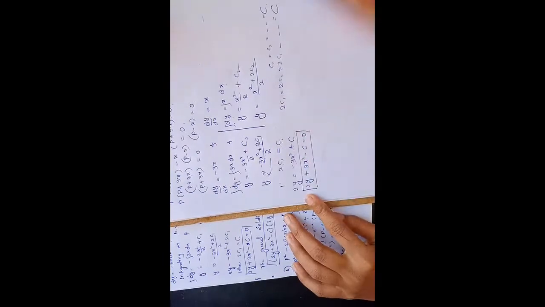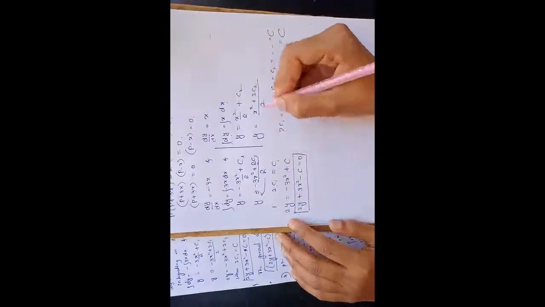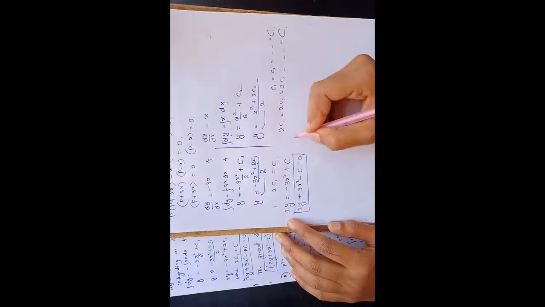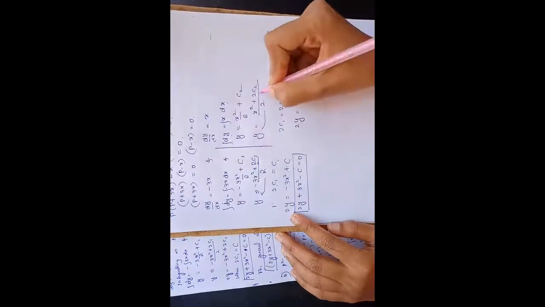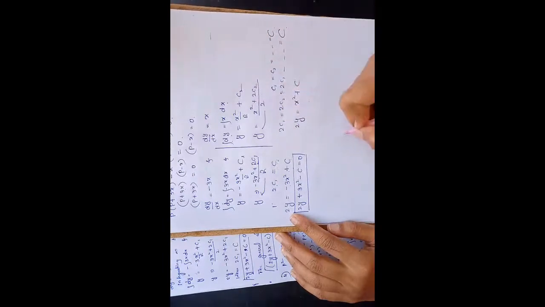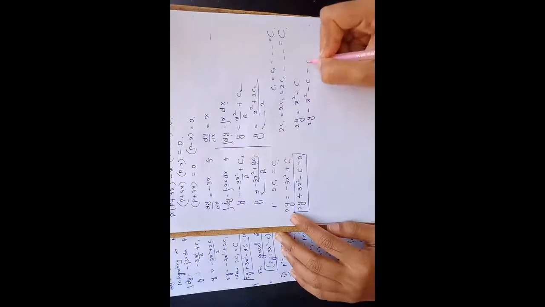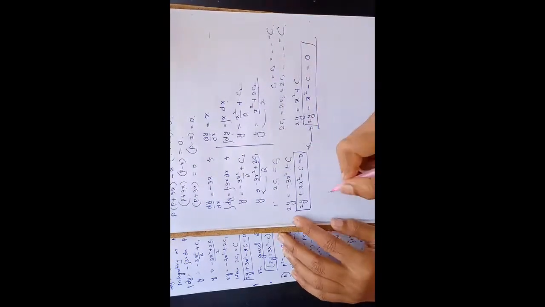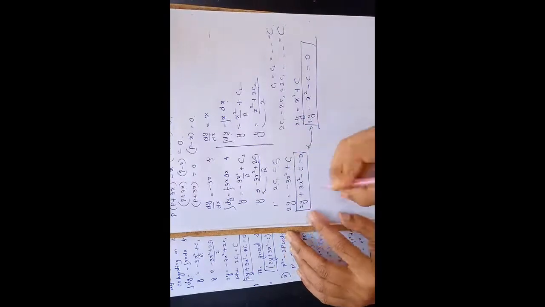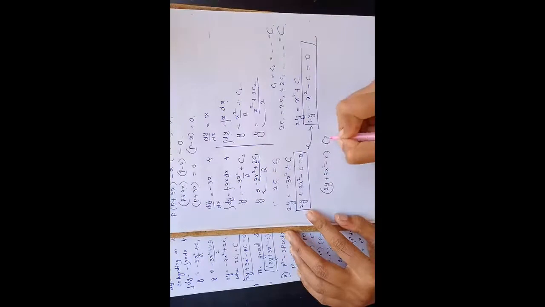So see the next term. Multiply 2 into y, which is 2y equals x square. I am taking 2c2 as a capital C over here. So 2y minus x square minus c is equal to 0 is the second factor. Now combine these two equations, and you will get the required general solution. So 2y plus 3x square minus c and 2y minus x square minus c equals 0 is the required general solution of the given differential equation.